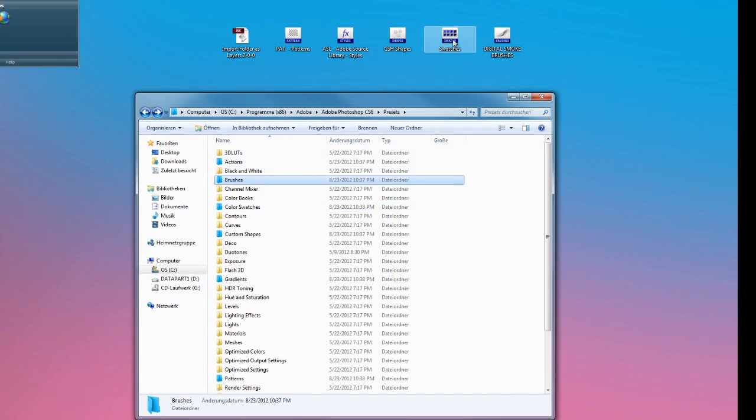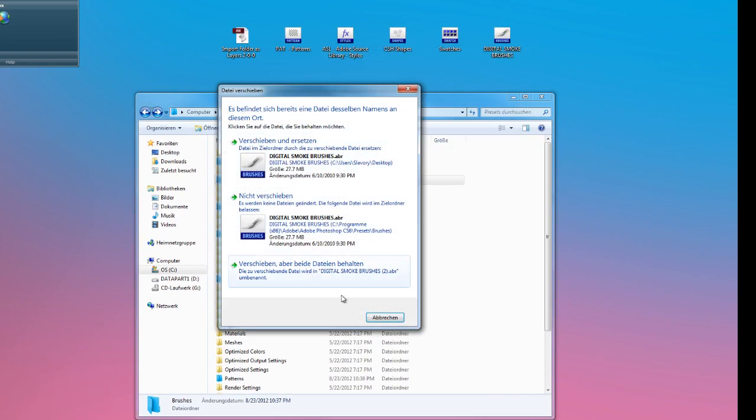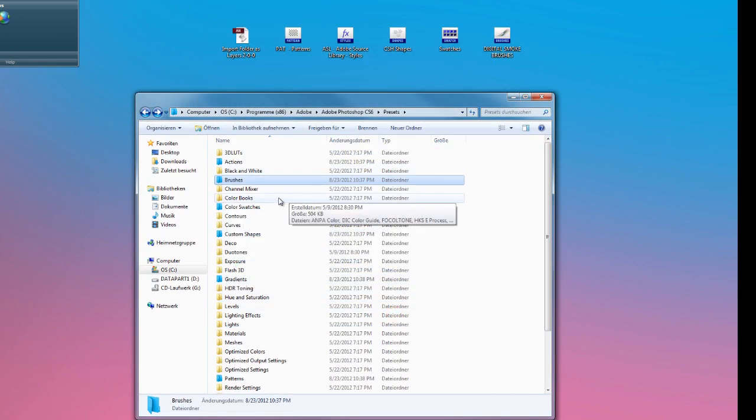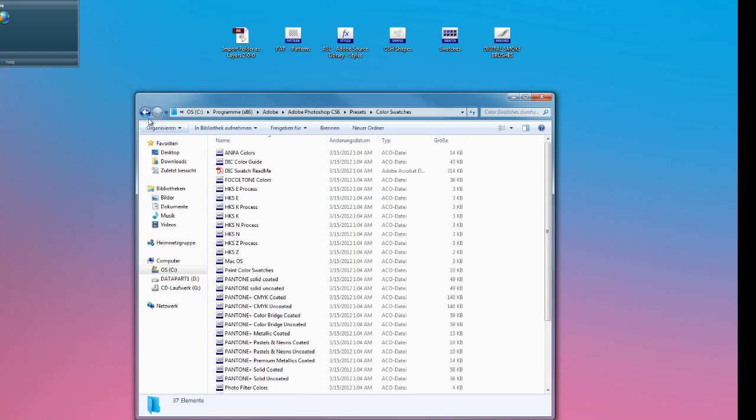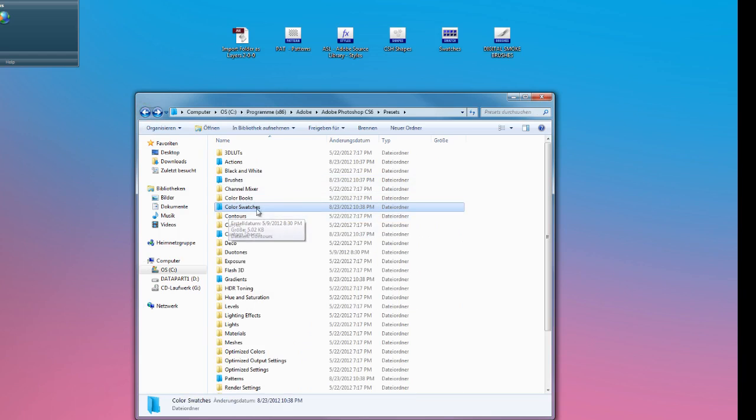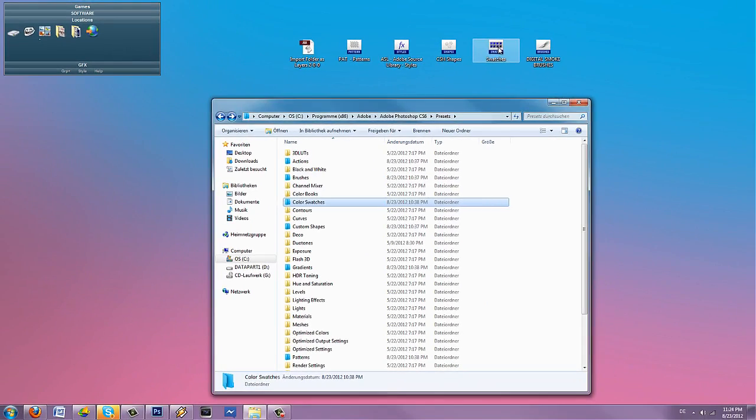Let me just drag this digital smoke brushes. Come on. I think I already, yeah, I already have it obviously. And then we have the color swatches. You can also install the color swatches by double clicking it. So there's not really a need to drag it inside, but they stay temporary in Photoshop if you don't actually put them in the folder. They're not going to be installed there permanently until you switch to some other